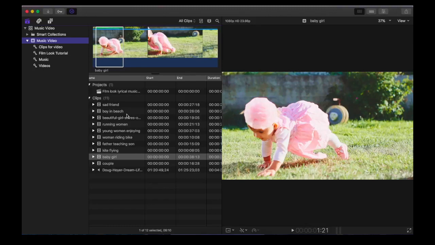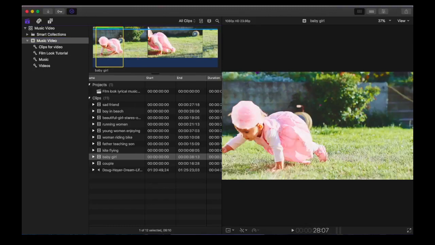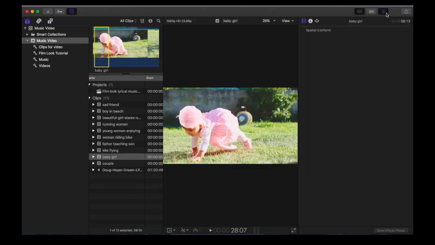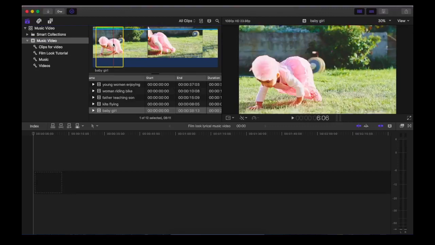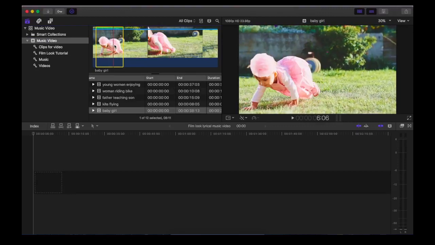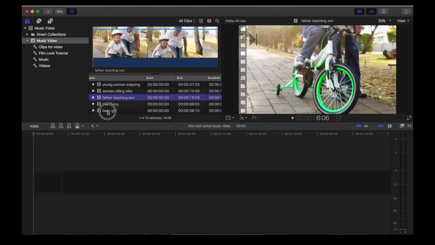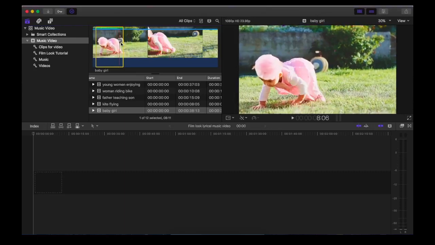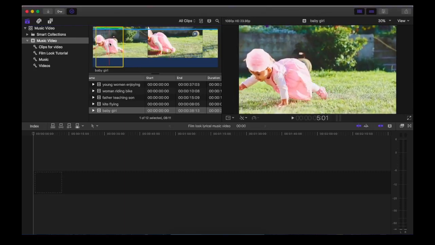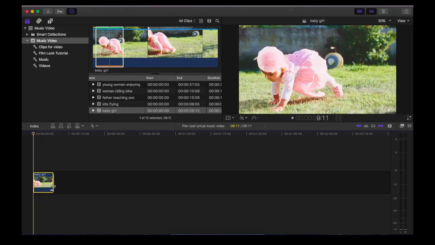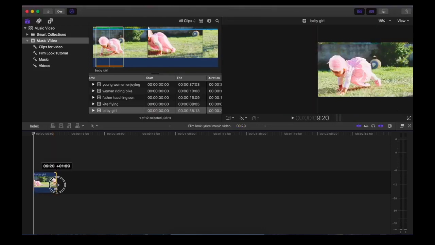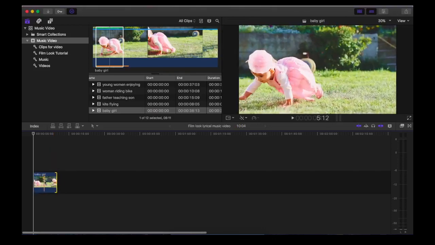Now we are going to add the clips into the timeline. Make sure your timeline and inspector is enabled. For the time being, we'll disable the inspector. Notice that Final Cut Pro will remember your selection range. Just click on another clip and come back to the same clip, and you can see the yellow ring is always there. Drag the selected clip into the timeline. Notice that you can skim over a clip in the timeline or drag right to extend the clip if the clip exists.